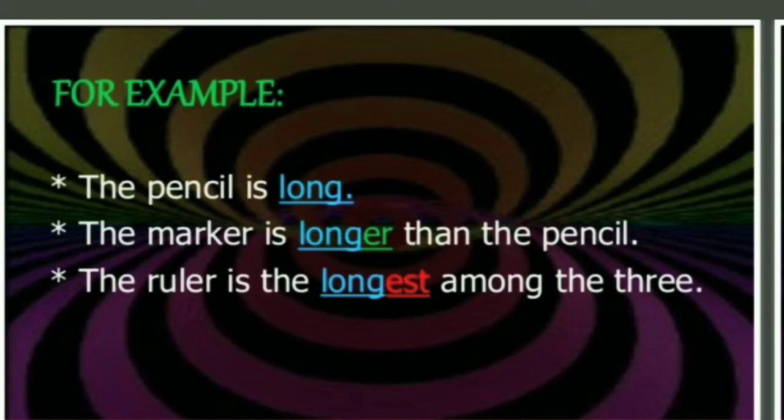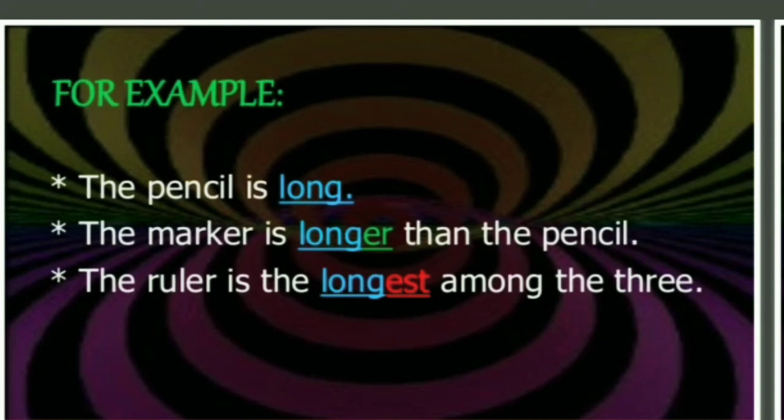If you have any confusion in this, as I told you in the earlier video also, you have to see the name. If I see positive, that's fine, you understand that positive is a root word. But if I say comparative, with the word only you get to know that comparative degree means there is a comparison. And a comparison is always between two things. There's never a comparison between a group. If I have a group of 5 students, I'll not compare all the 5 students to each other. Comparison is done in two things or two people. So over here the marker is only compared to the pencil.